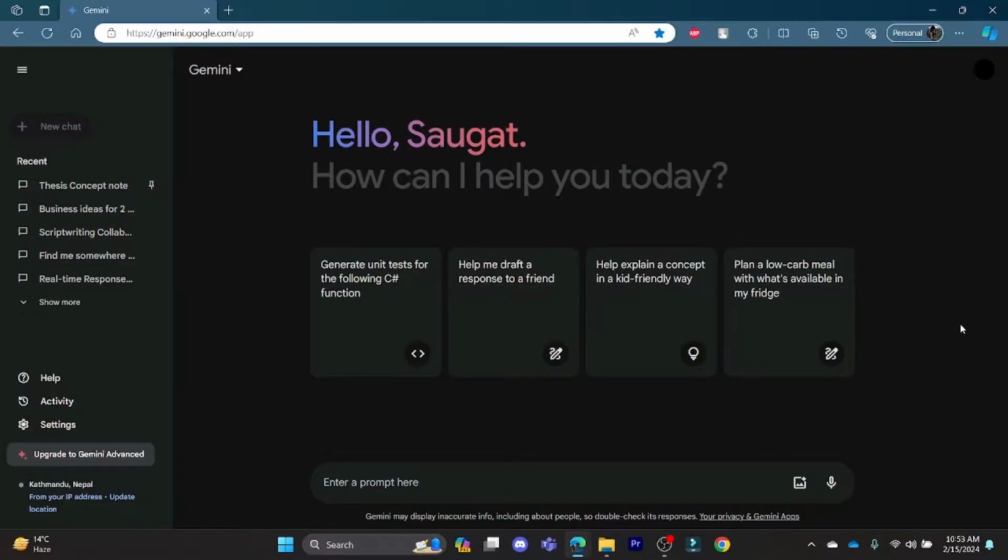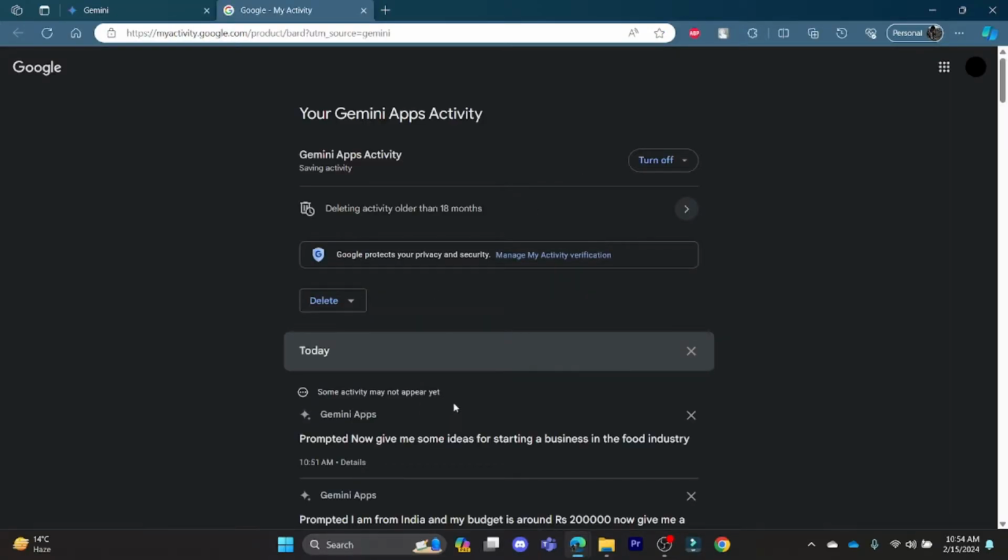In this video, I'm going to show you how you can check your previous activities from Gemini AI. Open Gemini AI in your browser and then you can see that on the left hand side there is activity. You can click on it and it will lead you to this page where you can view all of